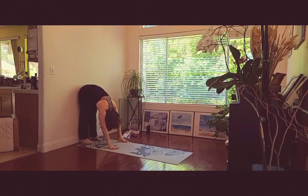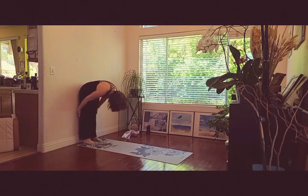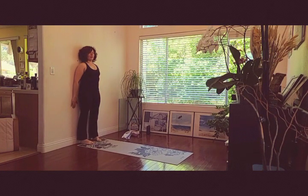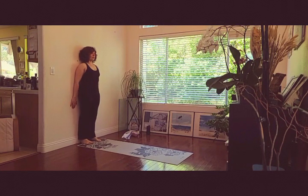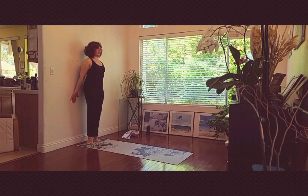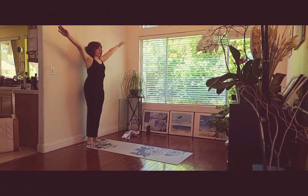Stay here. It's parallel. We are going to lift the arches. Use the inner thighs, knees, the belly. Roll up. Find your wall. Find your body on the wall. Center. Grow tall. Now we are going to bring the legs into the external rotation and press the arms into the wall and finish up with going up on the tippy toes and trying to find the balance without moving